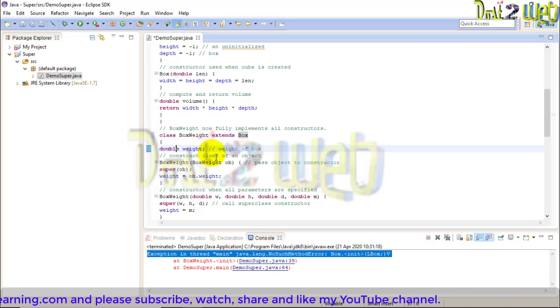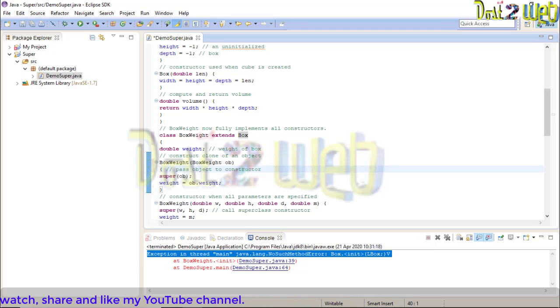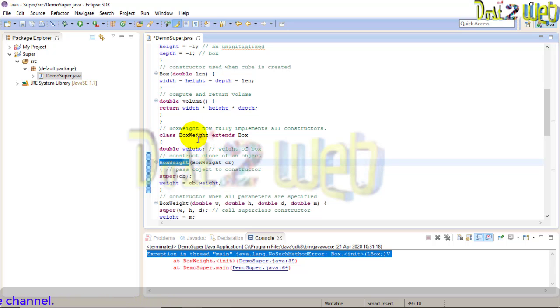Now you pass an object to the constructor. How to pass? The same way. The class name becomes the constructor, and you can pass the object as a parameter and then create one object.